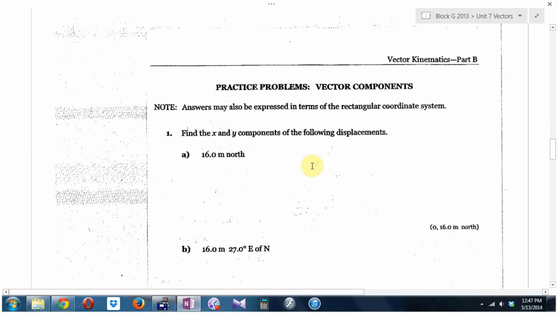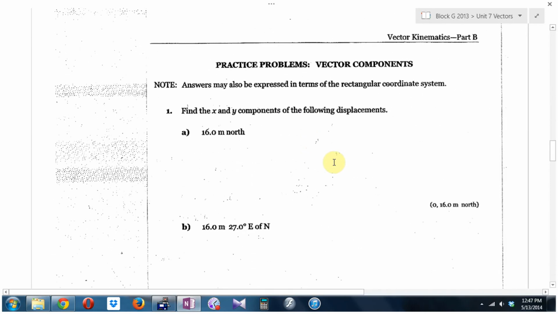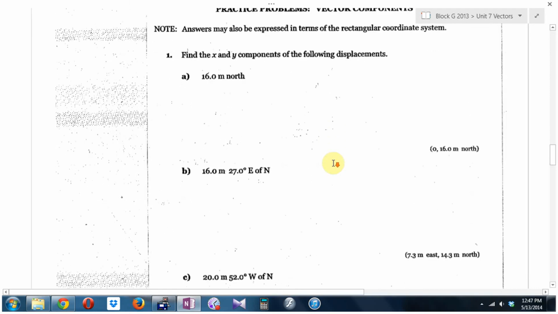And then on the next page, now you're finding the XY components of the following displacements. So it has 16 meters north, 16 meters, 27 degrees east of north. Draw the vector first, it really helps, and then find the components. This is also practice in drawing these pictures correctly. 20 meters, 52 degrees west of north. 10 meters,